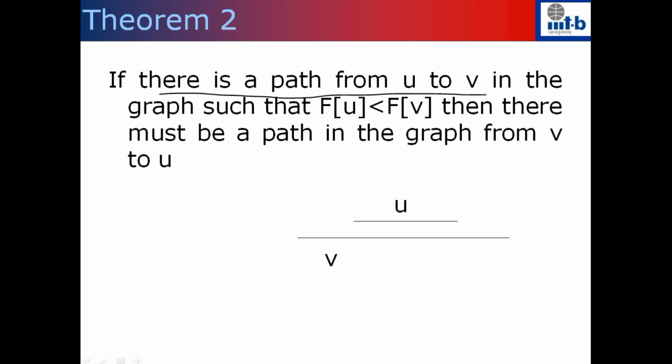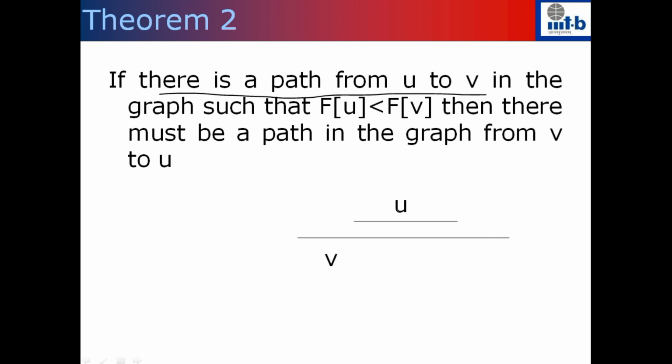the interval corresponding to u should be sitting inside the interval corresponding to v, because once we reach u, there is a path to v, right? So if u was visited before you visit v, then from u you can go to v through this path. Then from v, you would finish v before you finish u, right? That's not possible. So you should have visited v first, and then followed the path and got the vertex u. This is an important theorem, which is just an extension of the previous theorem.